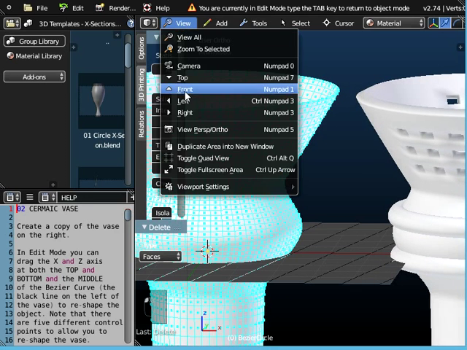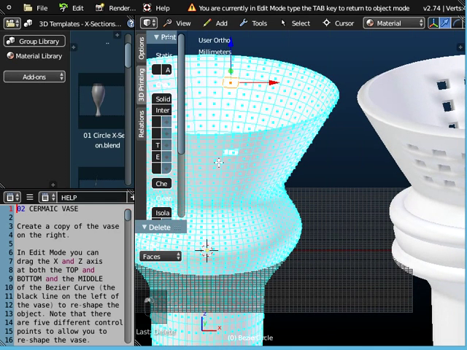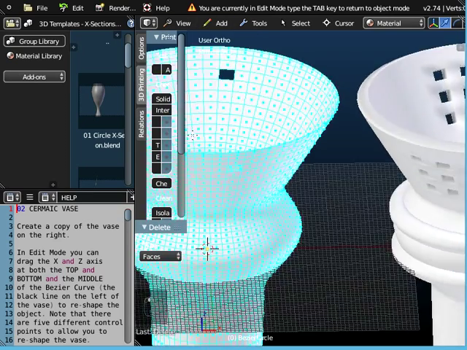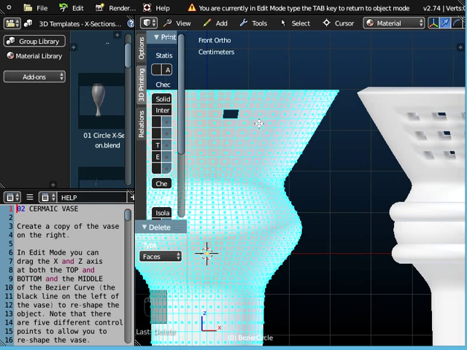So what we need to do is, if we go to view and front again, if we highlight that face, it's actually the face at the back of the object, and press X and delete, you'll see I've now got two holes in the object, one at the front and one at the back, and that's what I'm looking to do. Now deleting them one at a time like that's going to take ages, so we've got a better way of doing it,